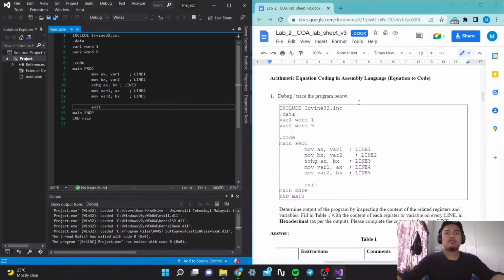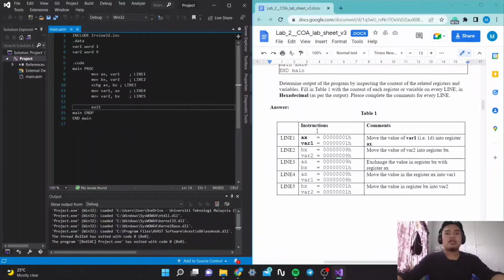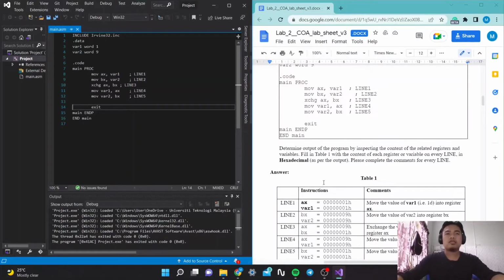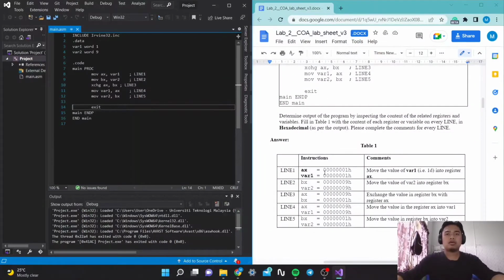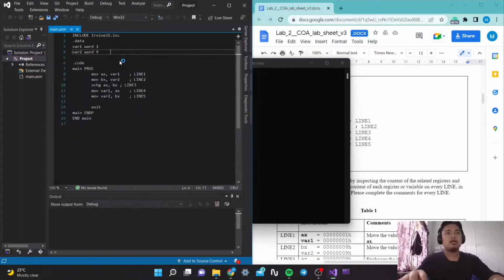So for the first question, the question asks to debug or trace the program below, and then to fill in the comment and the value according to the line. So we need to debug the code and then fill in the value here. So I already copy and paste the source code here, and then we just need to debug. To debug, we step over, and the shortcut is F10,